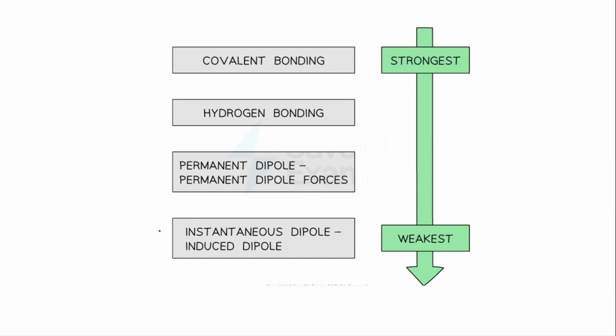One of them is the instantaneous dipole induced dipole force. That is the weakest force which is present between two molecules. Now understand that these are intermolecular forces, while covalent bonds are present between the atoms. So they are present between two atoms in the covalent